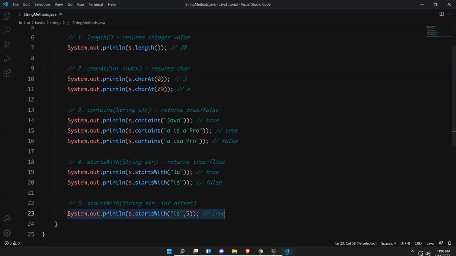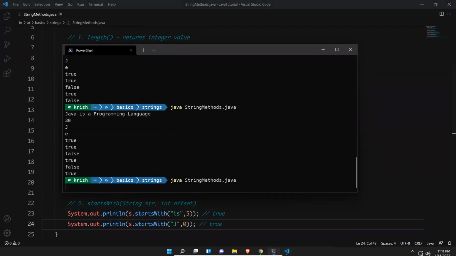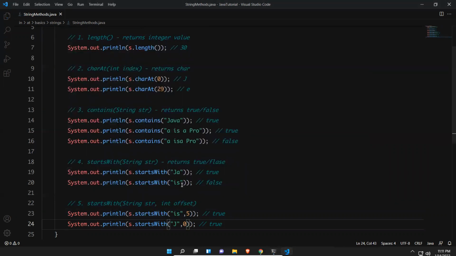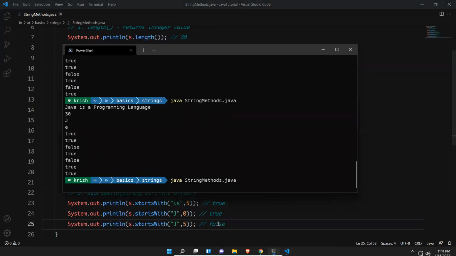In the same way, take another example, in the 0th position, the starting position, starting with J. Yes, it is starting with J. Right, true. In the same way, again I'll take the fifth index. Is the fifth index starting with J? No, right? It is starting with I. So if you execute the same thing, now it will print false. You see, that is false.